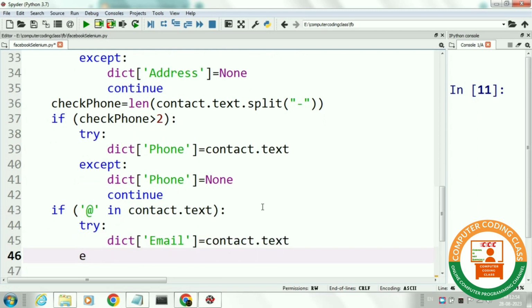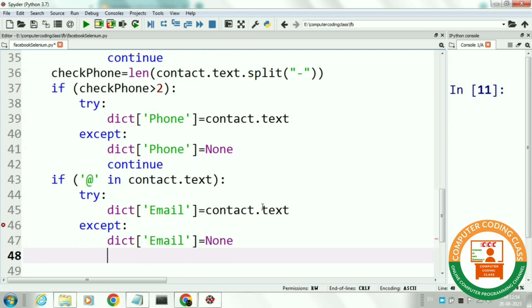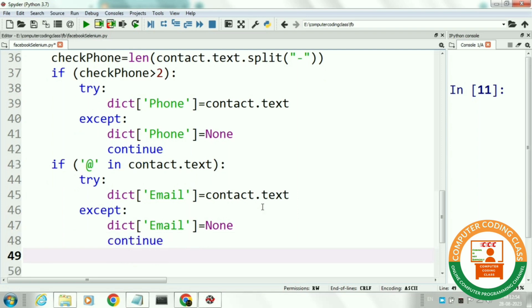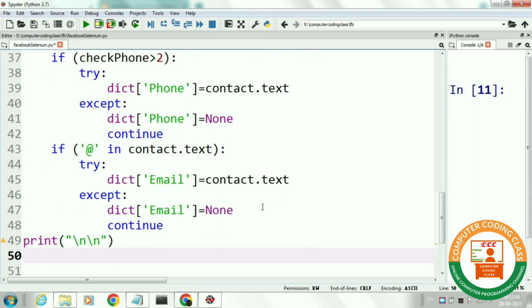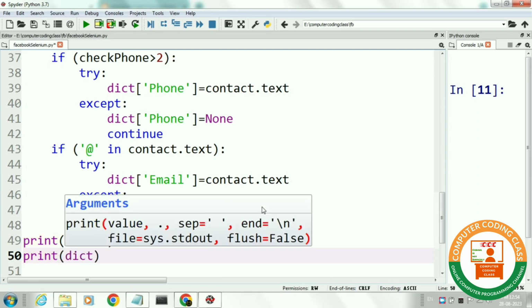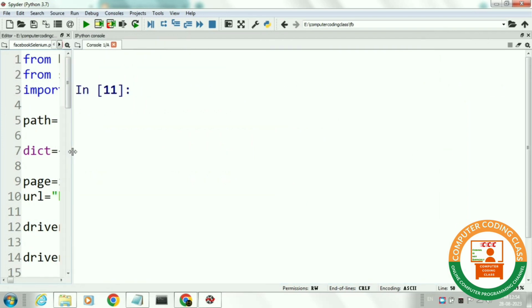If no word has the at-the-rate-of symbol, then we will insert none as an email in the except block and continue the program. Now we have scraped all our desired information. Next, we will print this dictionary. We have completed the program.